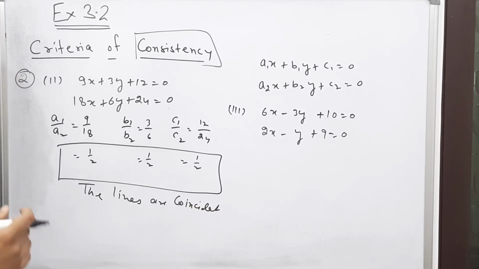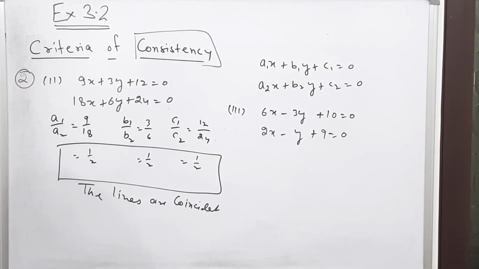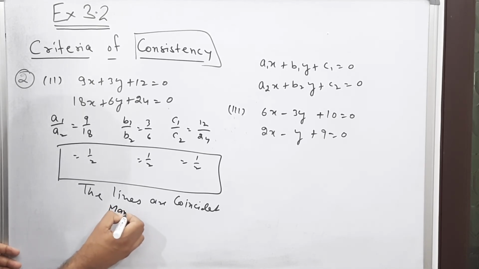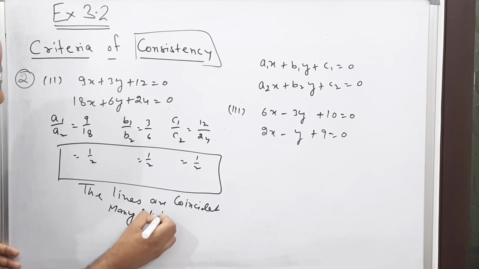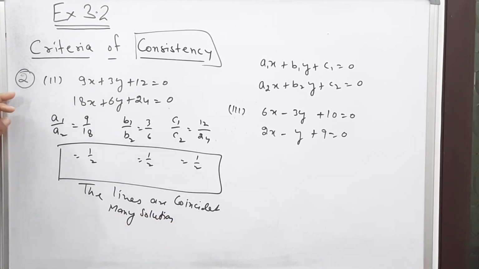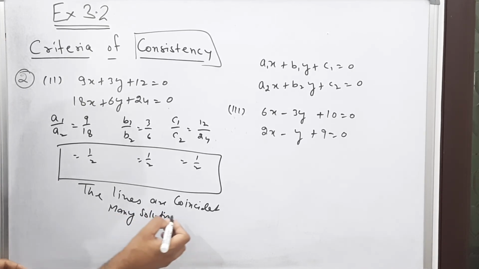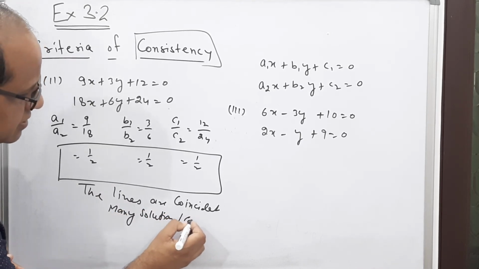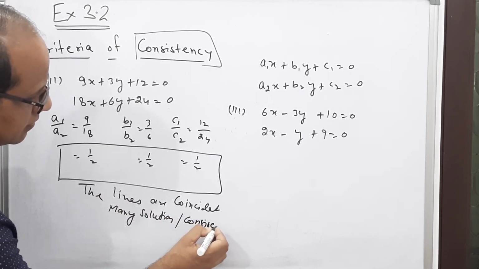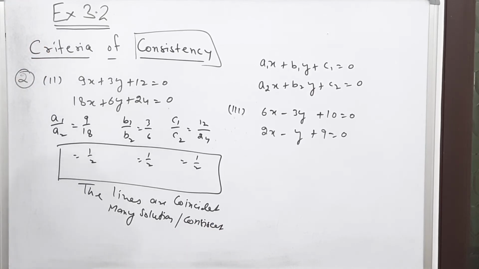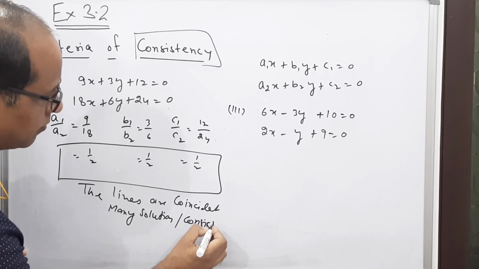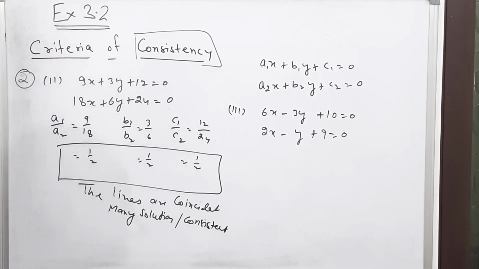And if it is asked whether it is many solutions or no solution, then we can say that it is many solutions. I am explaining you the third type of sum also. Or suppose it is asked here whether it is consistent or inconsistent, so we say that it is consistent. So three types of problems can be framed on this one.